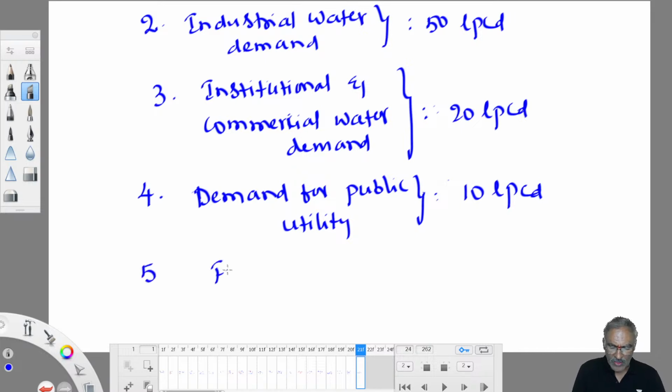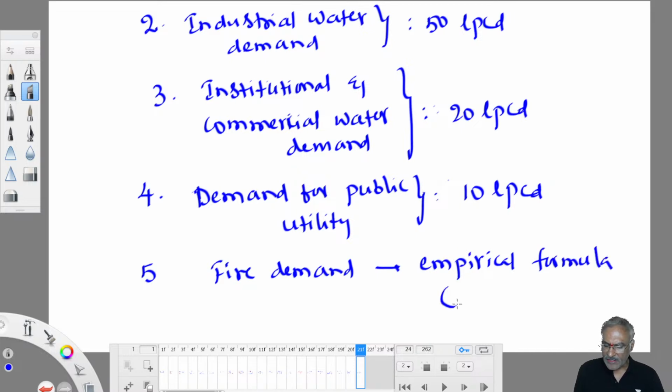So fire demand, as I told you, we work out by using empirical formulae. I'll explain to you. Fire accidents are also common in a community. So whenever a fire accident occurs in a community, then immediately we need to address it. It may vary anywhere between 4 to 6 liters per capita per day. By empirical formula we work it out, but it may vary anywhere between 4 to 6 liters. I'll explain in the next class how to work out fire demand in terms of LPCD. Okay. Next,